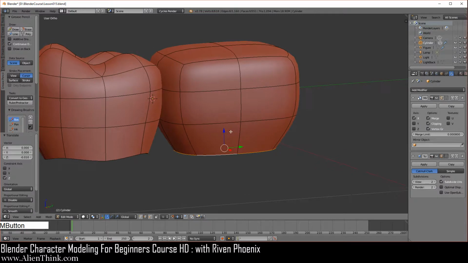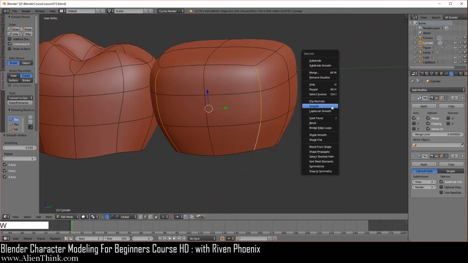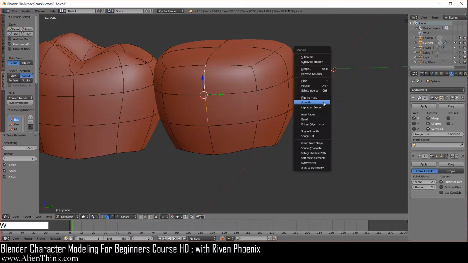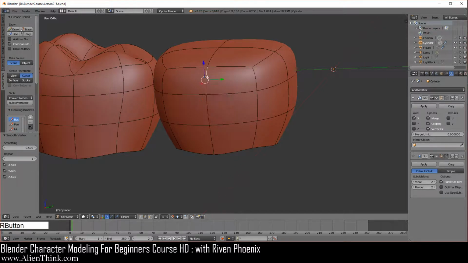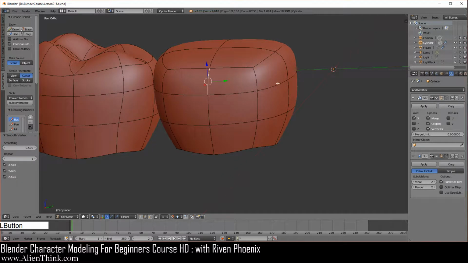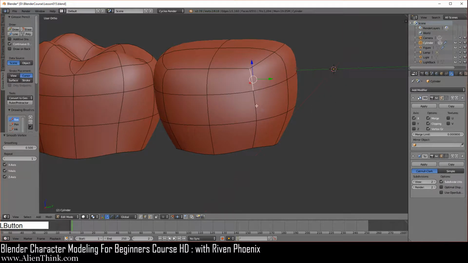Now just rotate over here and click on this edge, press the shift key down, this one and this one. Then rotate over here, press the shift key down, this one, this one, this one. You're just going to do W smooth 1 and then 2. Then click on this edge, press the shift key down, this one, do W smooth only one time. Click on this edge, do W smooth 1, 2, and then 3. Then click on this one, do W smooth 1, 2, 3. Then click on this edge, press the shift key down, this one.